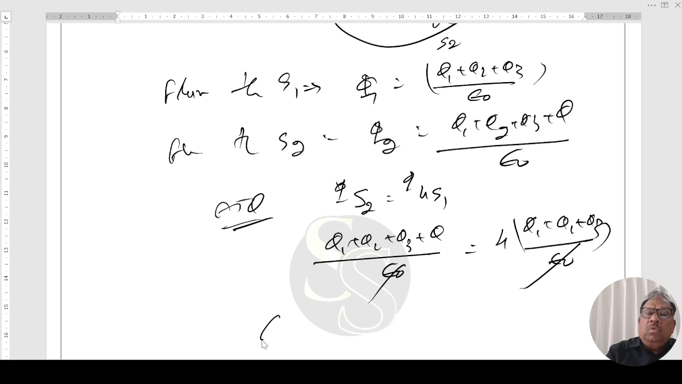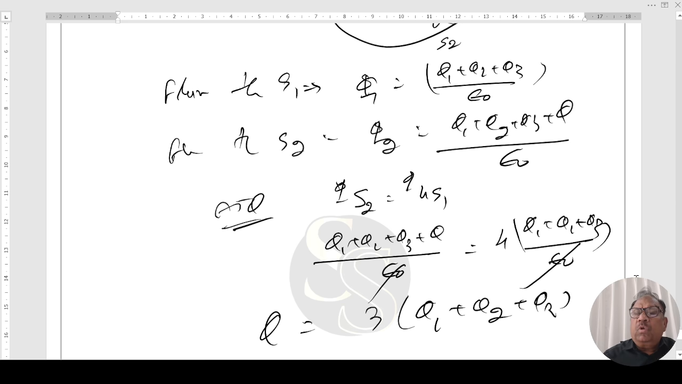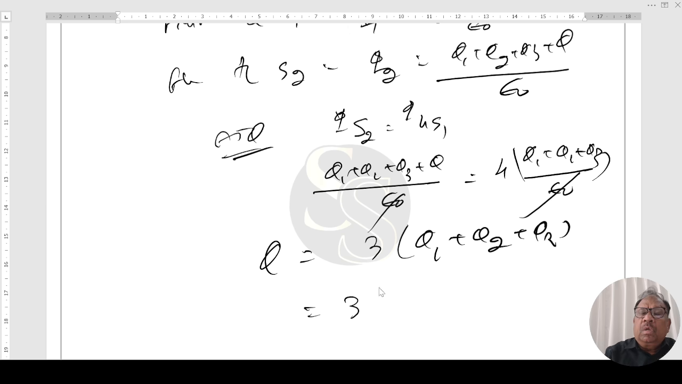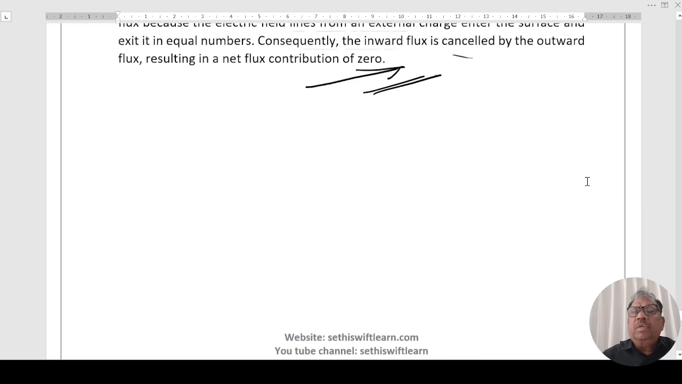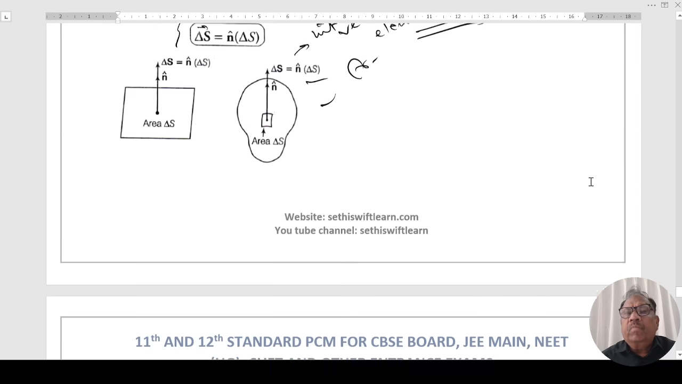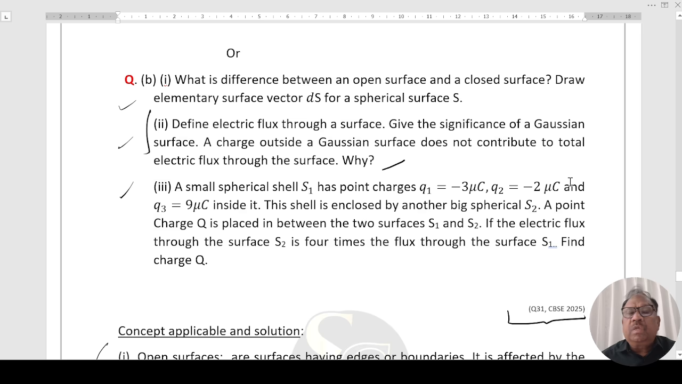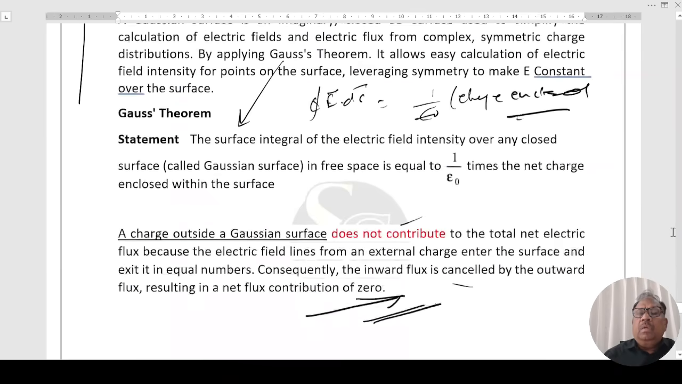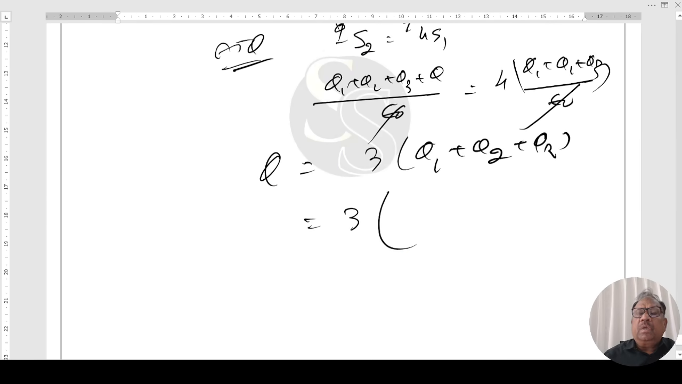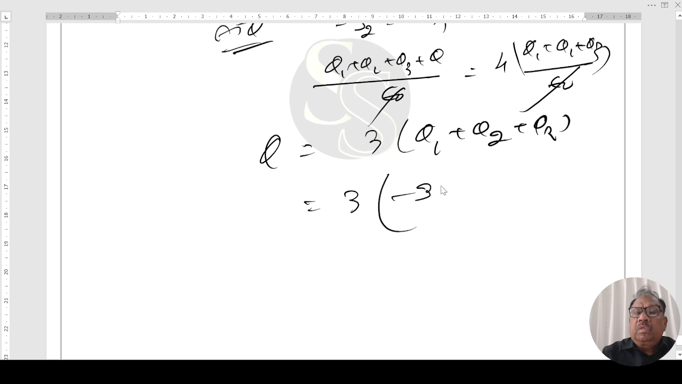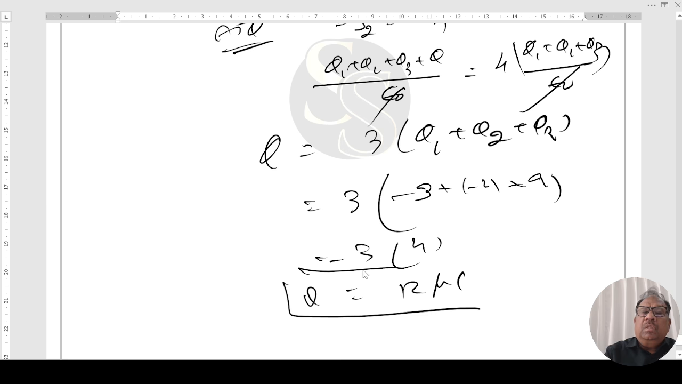So Q comes out to be 3 times (Q1 plus Q2 plus Q3). Substituting the values, 3 times (minus 3 plus minus 2 plus 9). That comes out to be 3 times 4, that is 12 microcoulomb. That is the